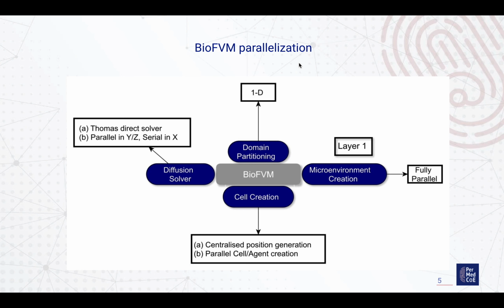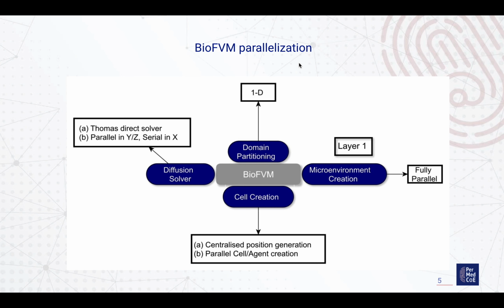Coming to cell creation, the initial position generation of these cells is centralized. That means it is carried out by the first MPI process. But once these positions have been distributed to the other processes, the generation of cells, that is the agent creation, is fully parallel. Coming to the solver,